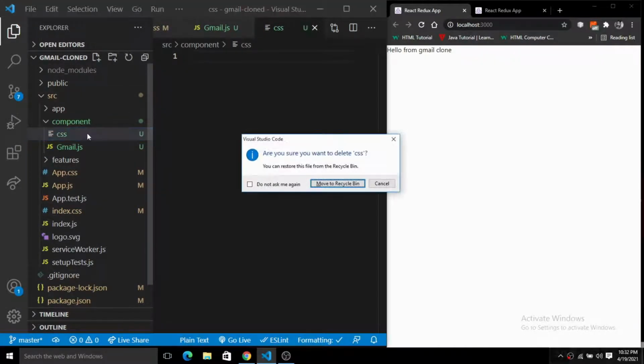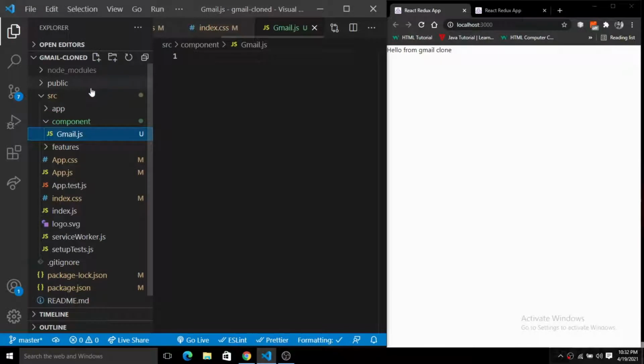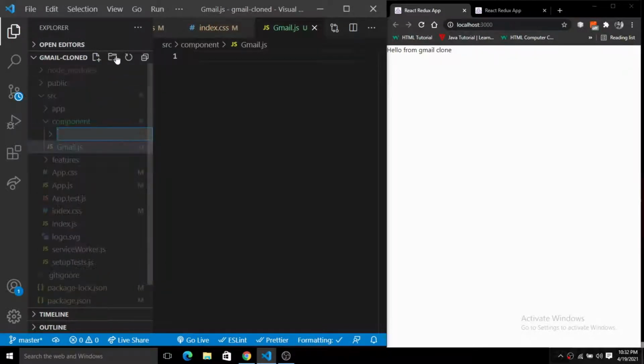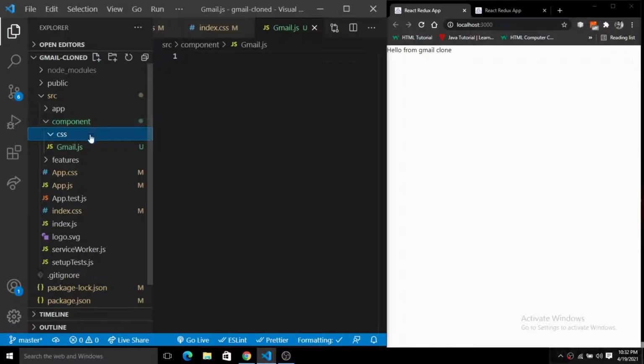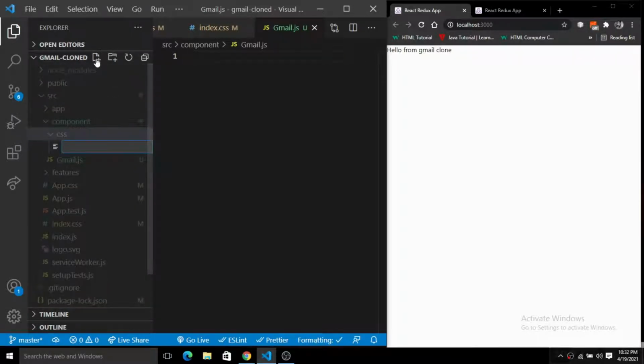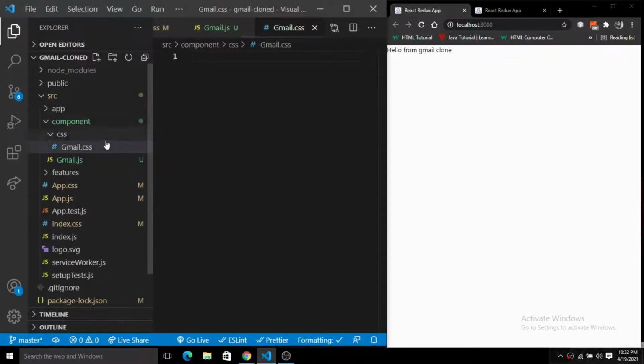Let's remove this. I just want to create a CSS folder, not a file. Inside of this CSS folder I'm going to put a CSS file for Gmail also. So this is the Gmail, right? And I'm going to save this.